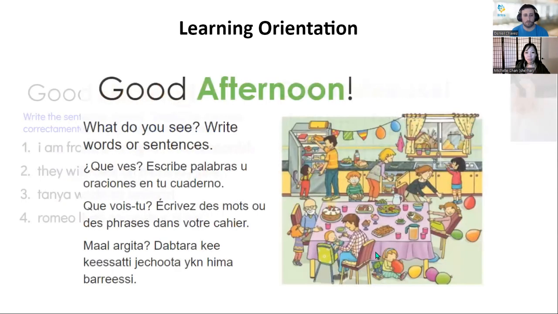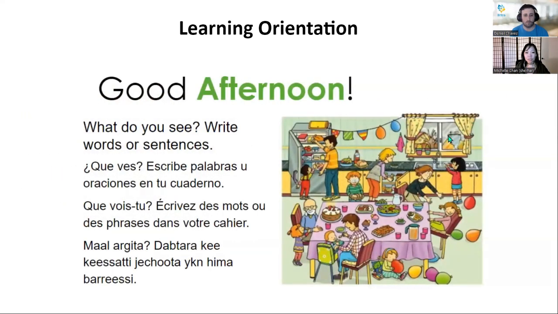And here's another example where it's kind of open-ended. They have to look at an image and describe what they see using words or complete sentences. So taking a step back then, the implicit instruction that I hope my students adopt through these exercises is for